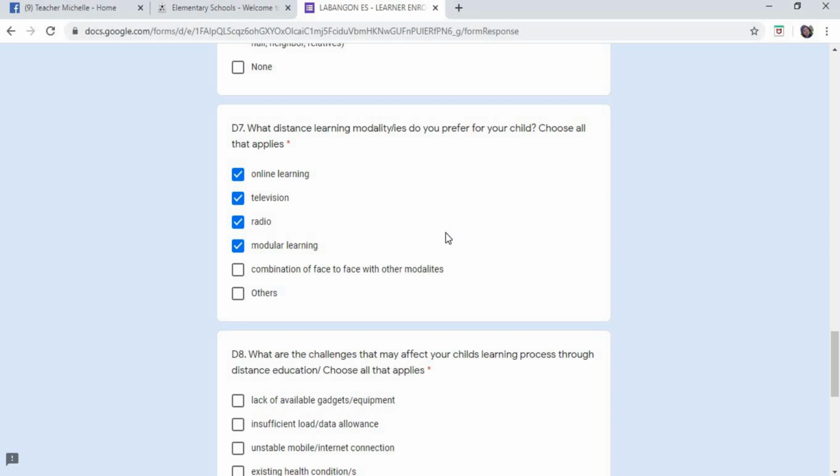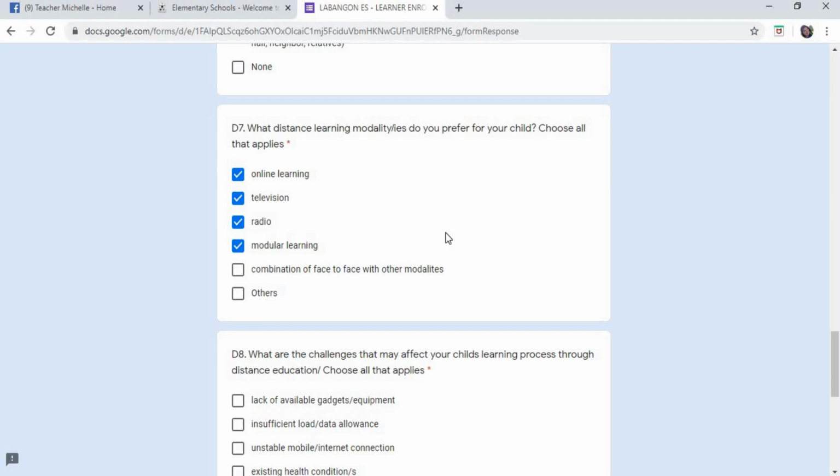So that's how it is if you ever choose modular learning. Again, do not worry if ever you choose modular learning, and if you think this would be the best option or alternative for you, especially for those who do not have internet connection, although there is still